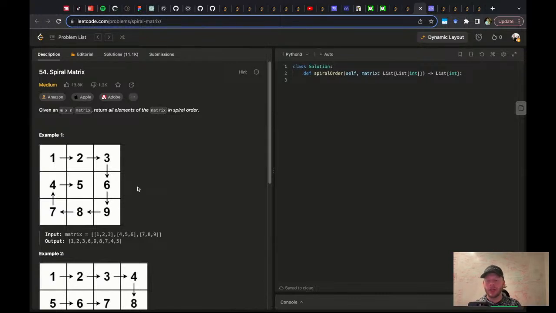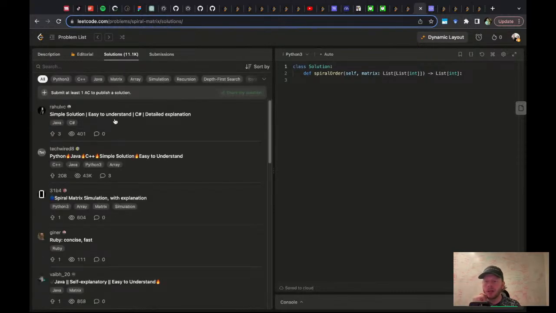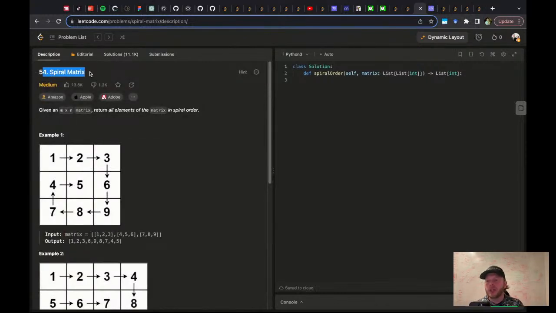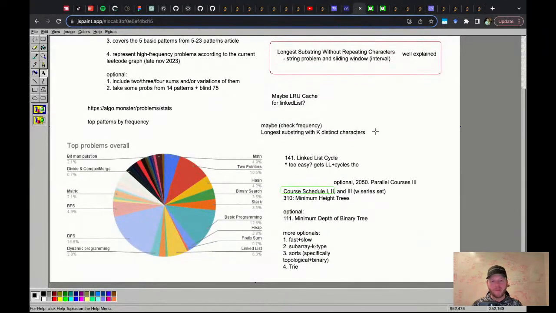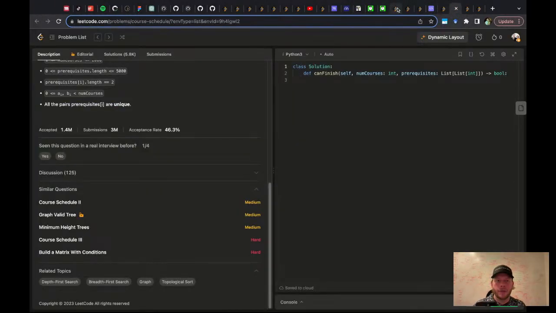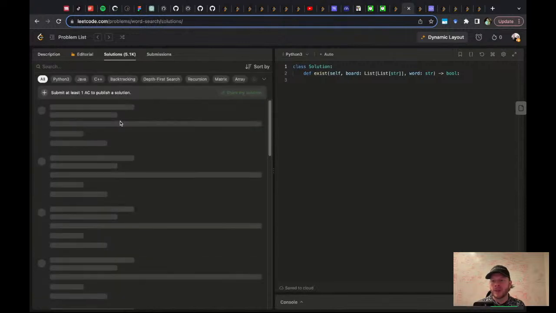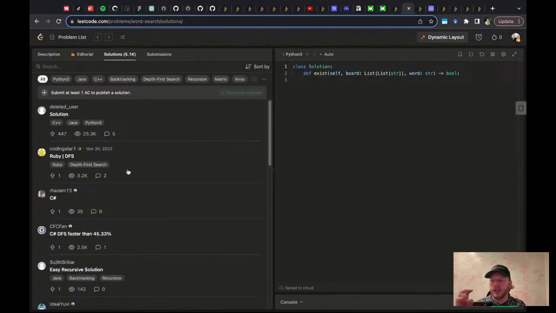Return all the elements of the matrix in spiral order. This feels like too easy, doesn't it? You're just offsetting by i, like plus or minus i. We can do it just for warm up kicks or whatever. The solution here should be terse, I think. Let me double check. It's got to be in under 20 lines for sure. Maybe under 10 lines.